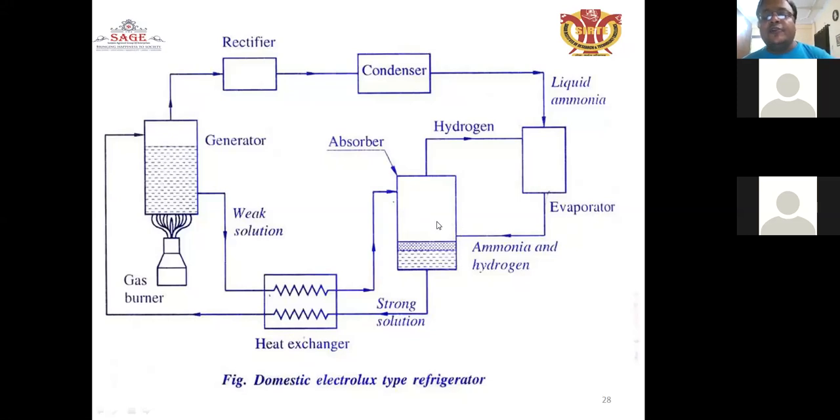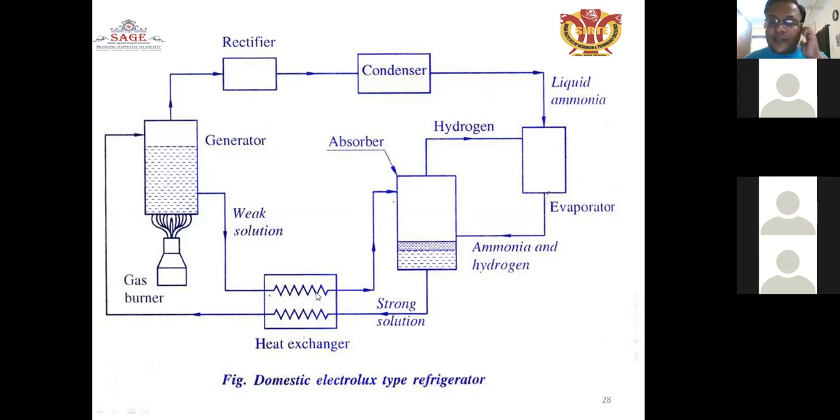The ammonia hydrogen will be removed from this device. This is called the absorber, passing through the evaporator where it is converted, and the absorber makes a strong solution. If some weak solution is found in the heat exchanger, it passes again to the absorber, and this strong solution passes through the heat exchanger and then to the generator side